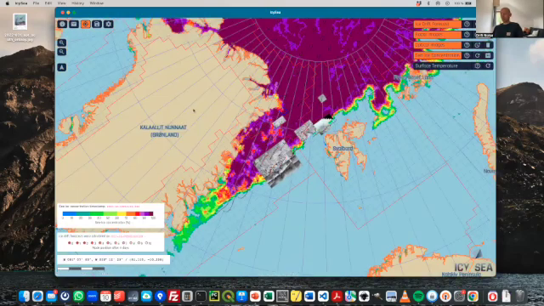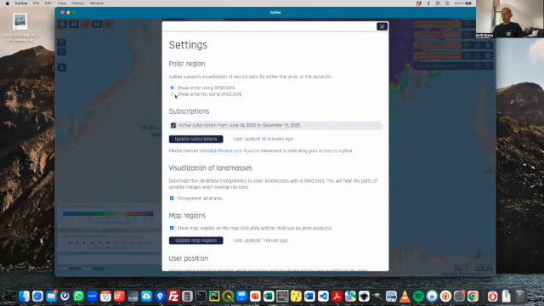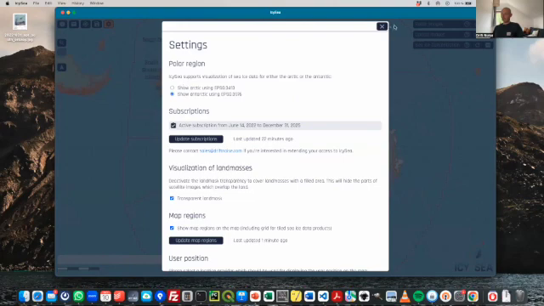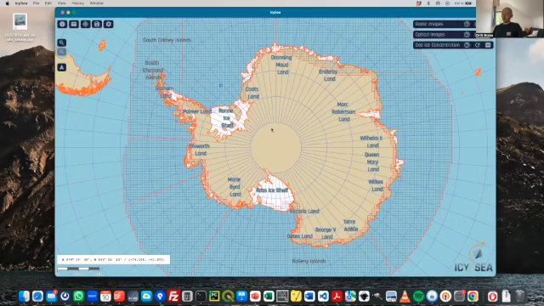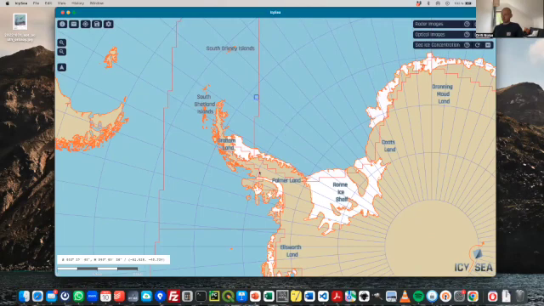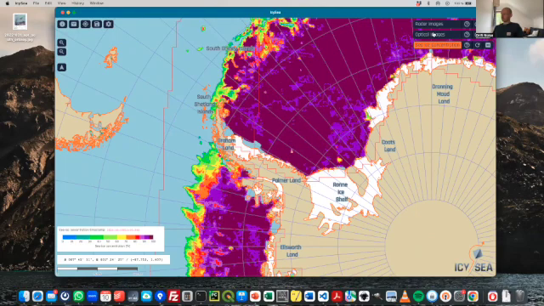I'm only showing the Arctic, I just realized, but of course we do have IcySea also available for the Antarctic. So in the settings menu, there's the option of switching maps. And with the upcoming Antarctic season, I think it's important to show that too. So it's the same concept. We have our data layers here, sea ice concentration. We have optical images and radar images. Unfortunately, we don't have sea ice drift yet, but that's also one of the features that we'll implement very soon.